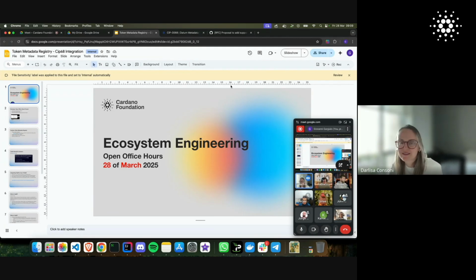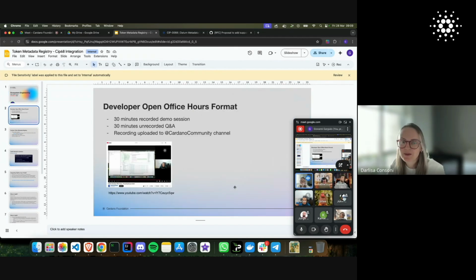So today we have a very good presentation lineup for you, where Giovanni Gargiulo will be presenting a super exciting topic: enhancing the Cardano token metadata registry to support on-chain metadata, CIP68. Giovanni is going to talk us through a few key areas. He starts with a quick intro on the token metadata registry, what it is and how it works, and an overview of CIP25 and CIP68, which are two of the most popular metadata standards. And then finally, he's going to use a powerful tool called EAS Store to index the CIP68 token metadata